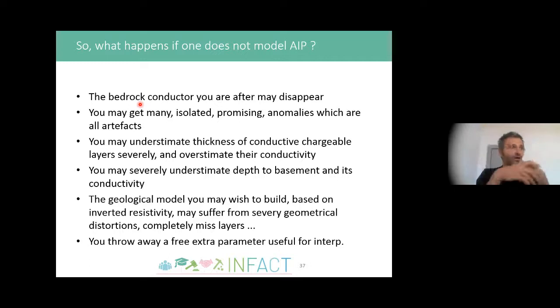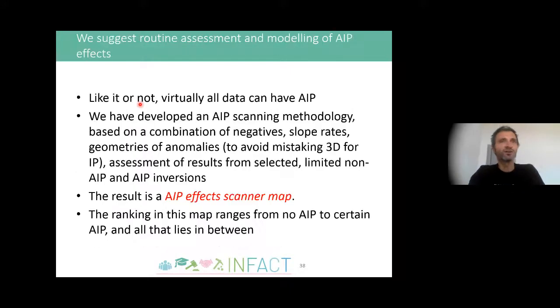On top of it, you throw away a free extra parameter, i.e. the chargeability, which may be pretty useful for your interpretation. So hopefully I have convinced you by now that once IP is in the data, you need to take it into account in your processing and modeling. There is a lot of it in the data